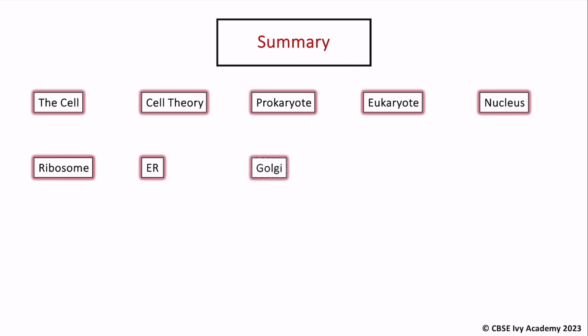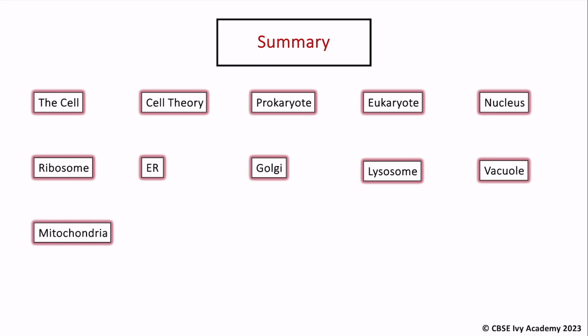We covered the Golgi, which was discovered by Camillo Golgi in 1898. It modifies proteins via glycosylation, sulfation, and phosphorylation. We then covered the lysosome, which are vesicles that contain enzymes that are involved in the digestion of food and autophagy. Vacuoles, they're selective in what they permit to enter, and plant cells have a large central vacuole that stores potassium and chloride. We then talked about the mitochondria, which is the site of cellular respiration, and then we covered